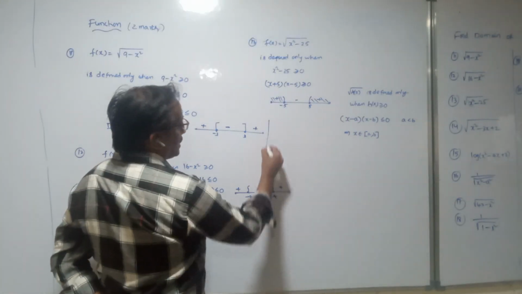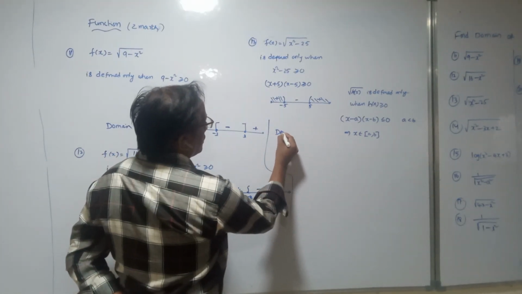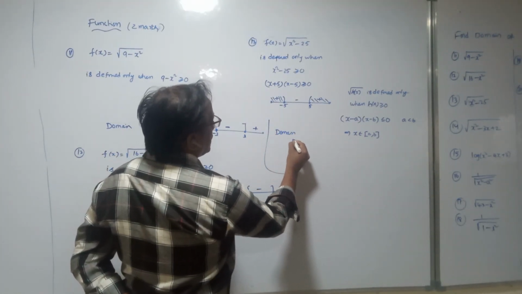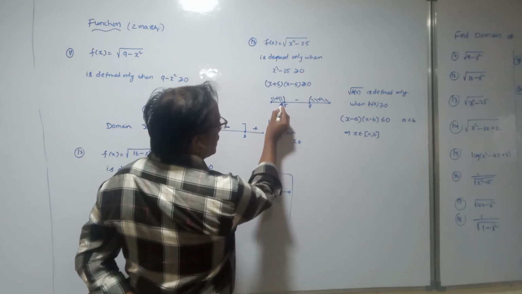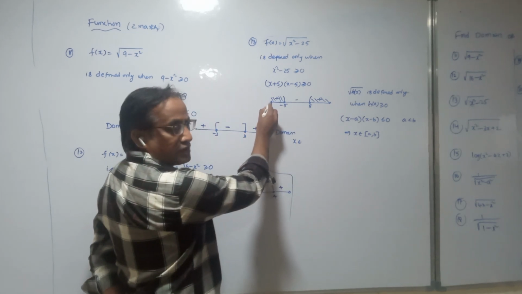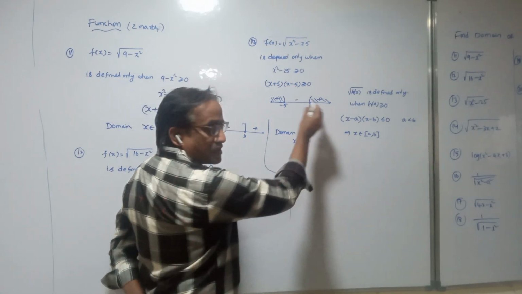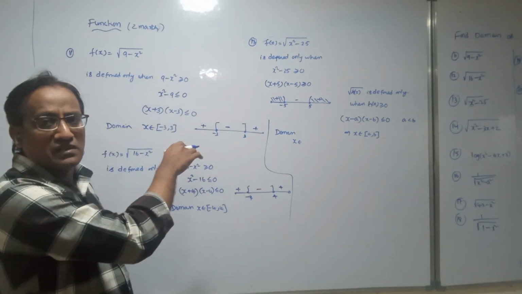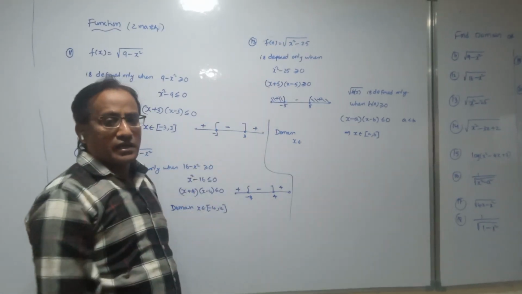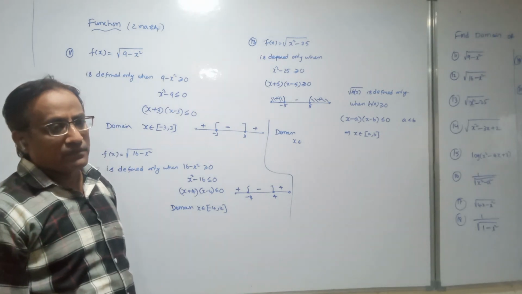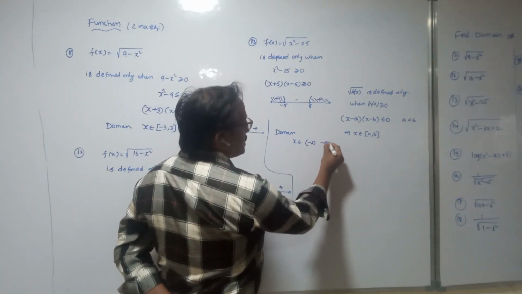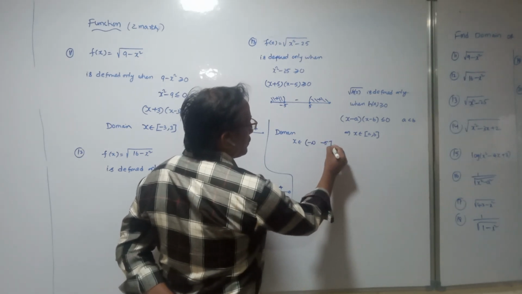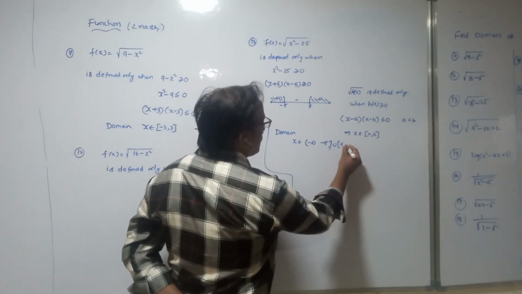The domain is x belongs to the numbers which are less than or equal to minus 5 and greater than or equal to 5. So the domain is going to be minus infinity to minus 5 union closed 5 comma